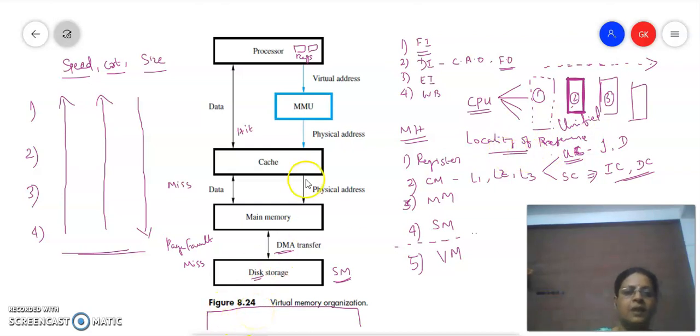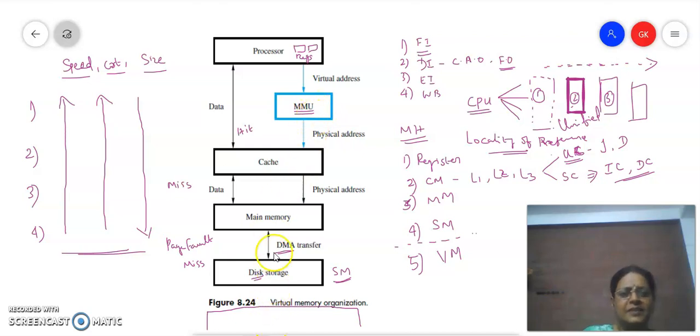At any point of time, the CPU reference is going to be confined to local space, and because it is confined to local space, I need not restrict the application size to suit the size of the secondary memory. Even if the secondary memory is not able to accommodate my full application, I will load one partition alone, as the reference pattern is confined to this partition alone. After completing the execution of this partition, the CPU will throw it away, and then it will bring in the second partition. Which partition is to be brought in and which partition is to be thrown out is decided by the MMU, which is nothing but the memory management unit.